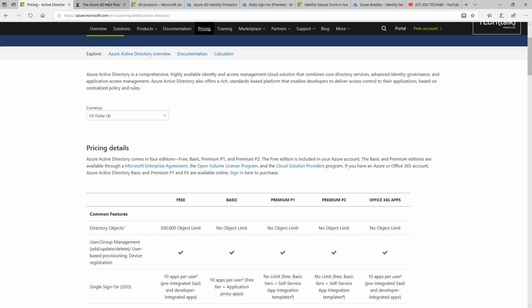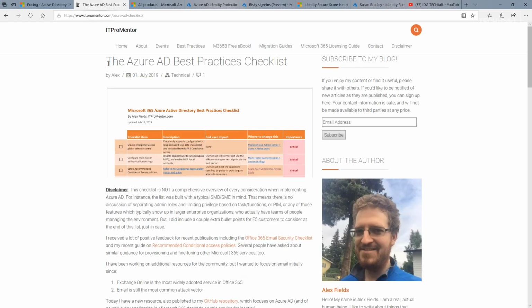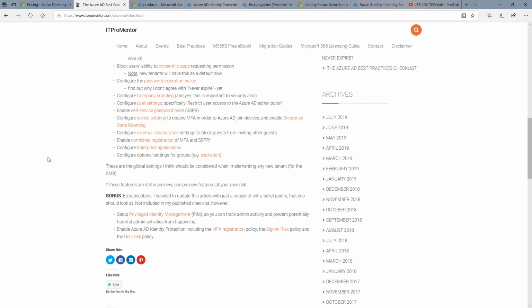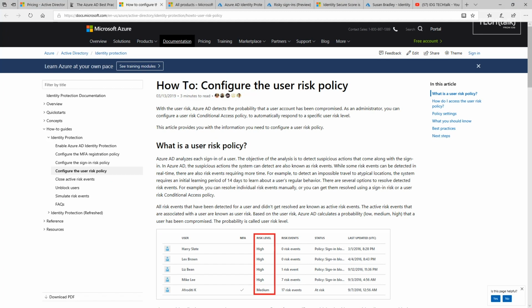There's a lot of things you can do in Azure AD best practices, but one of the ones talked about on this checklist here is setting up a sign-in risk policy and a user risk policy right down here. What a user risk policy does is look at the activities of the user and flags the person if they're doing something, well, risky. If they use leaked credentials, it compares that to monitoring public and dark websites by working with researchers, law enforcement, and security teams.